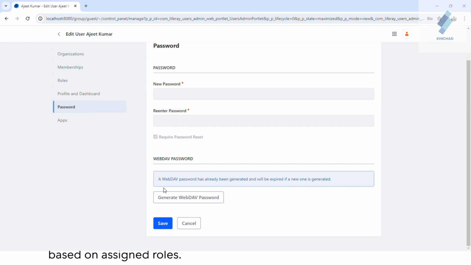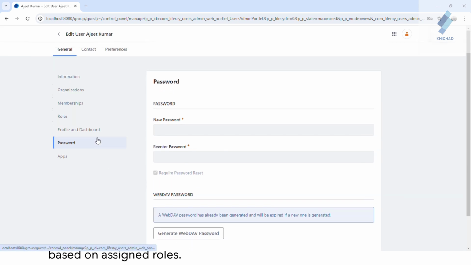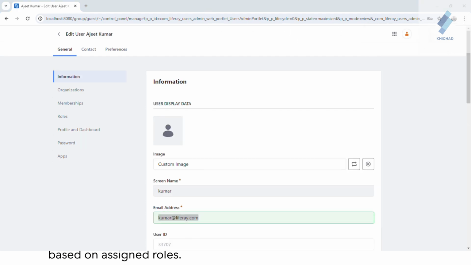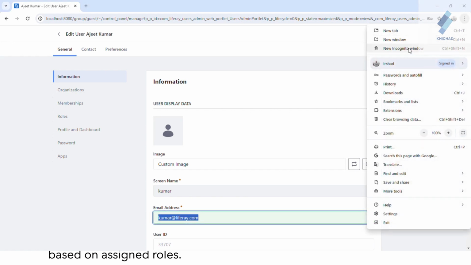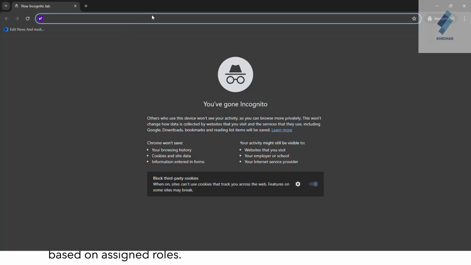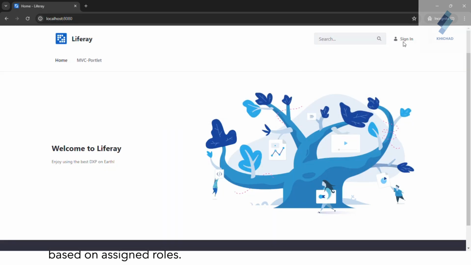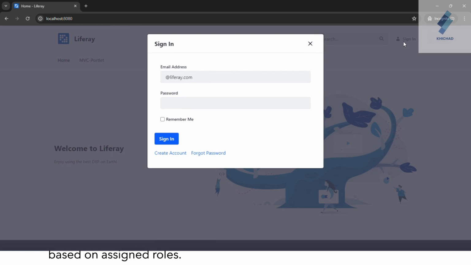After saving the password, now log in as your new user. So I'm going to a new tab, hit the URL, and log in to Liferay as the new user.